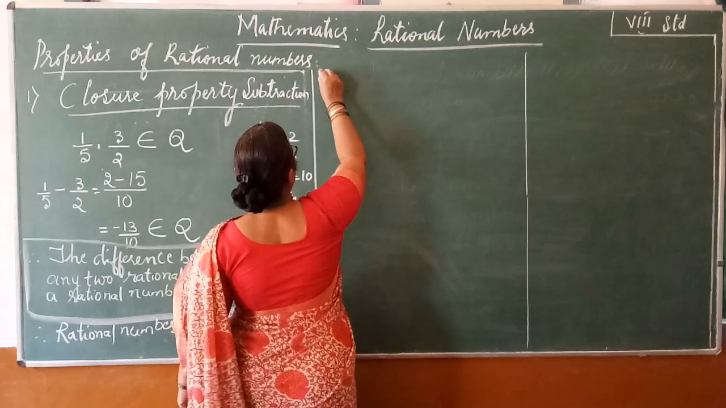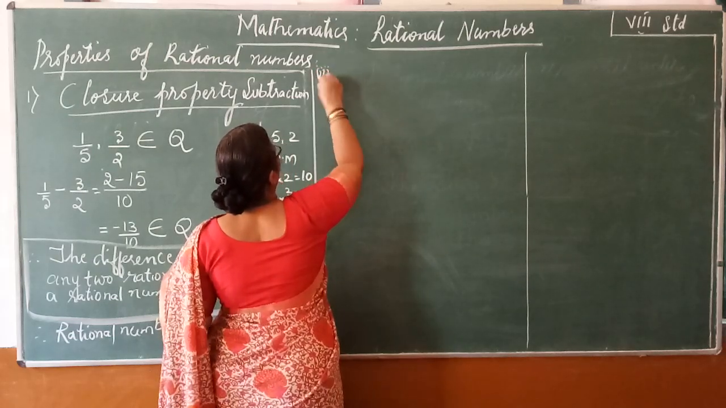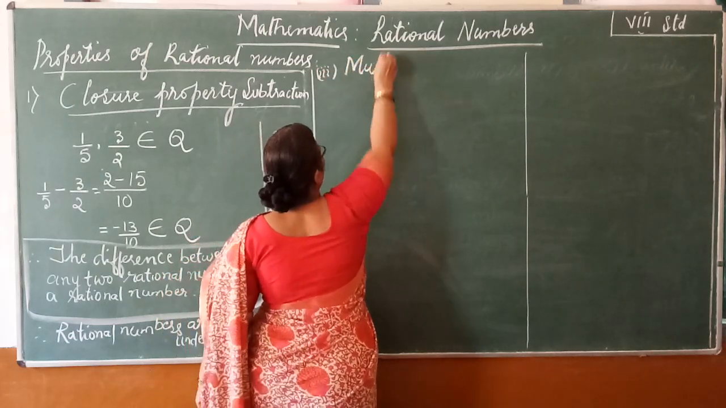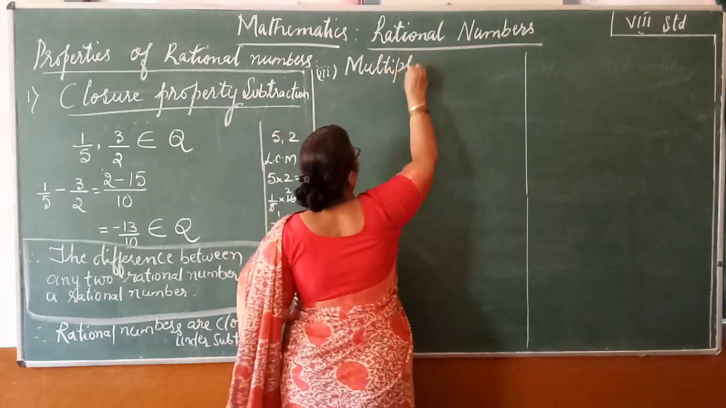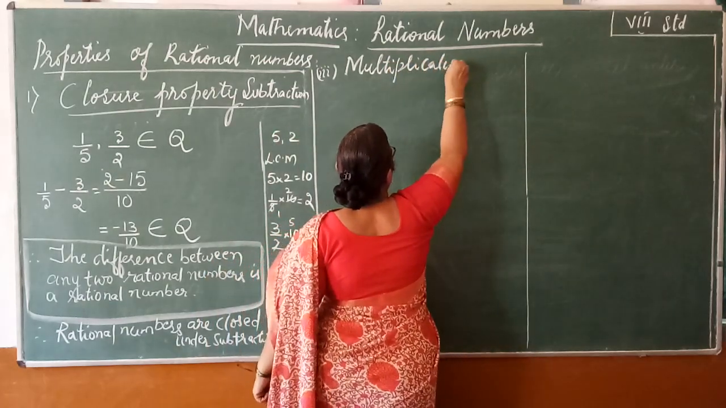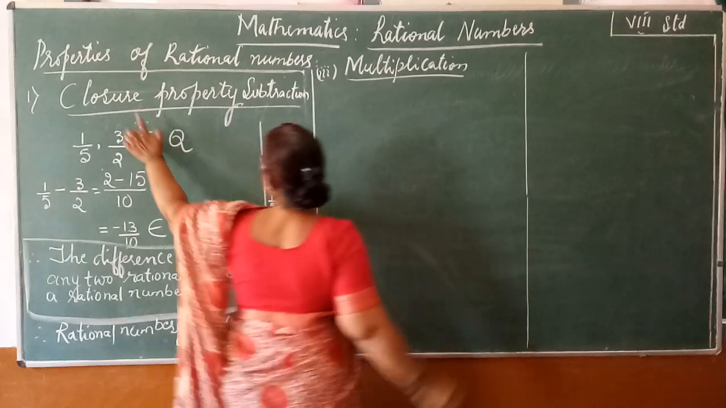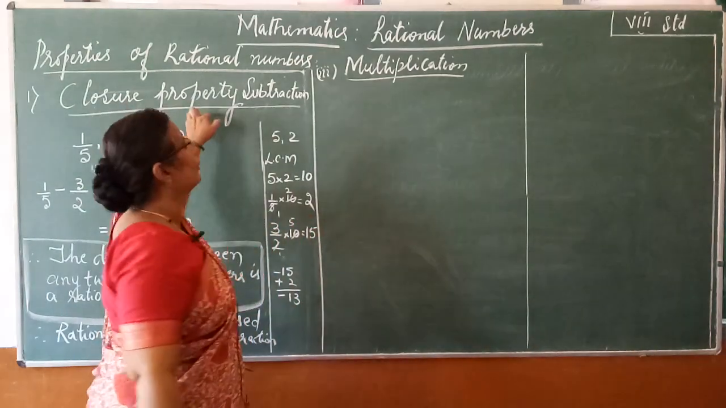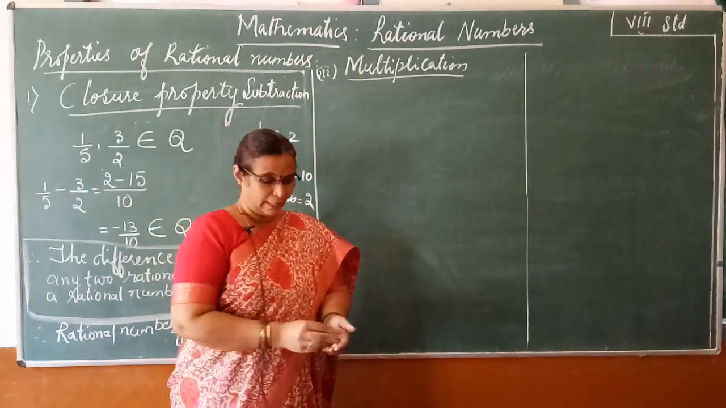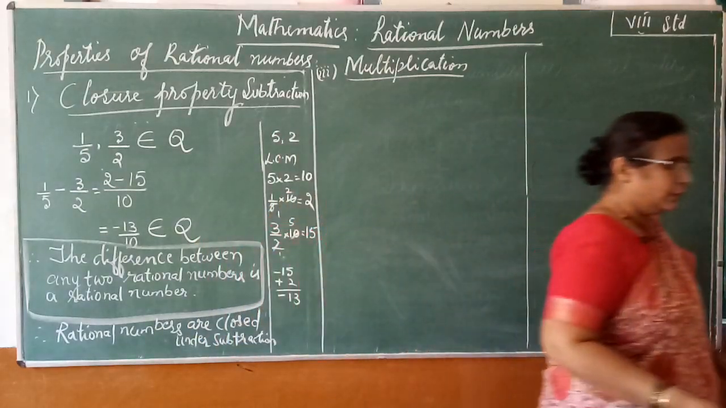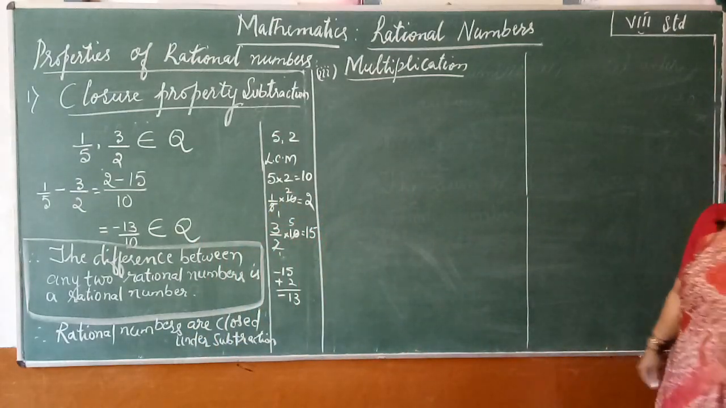Next we shall check it for multiplication and division. What am I doing here? Checking whether closure property is satisfied under multiplication on set of rational numbers. Again same